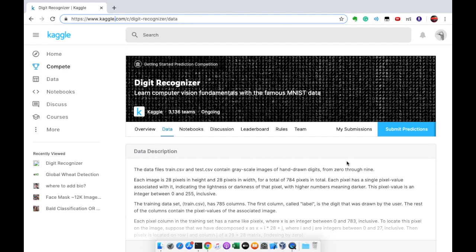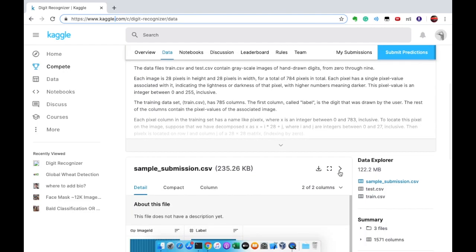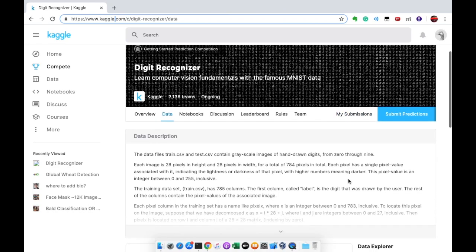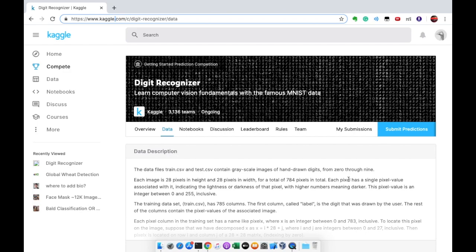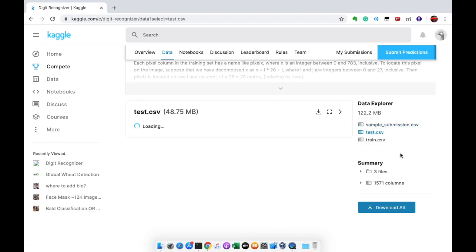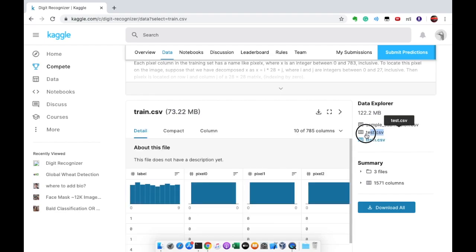First of all, we'll download it by clicking here, then the download will start. After that we will process these images, train our neural network model and make the prediction for the test images. So we first train our model on train.csv images, then test, then make the prediction on test.csv and save the predictions in the sample submission file.